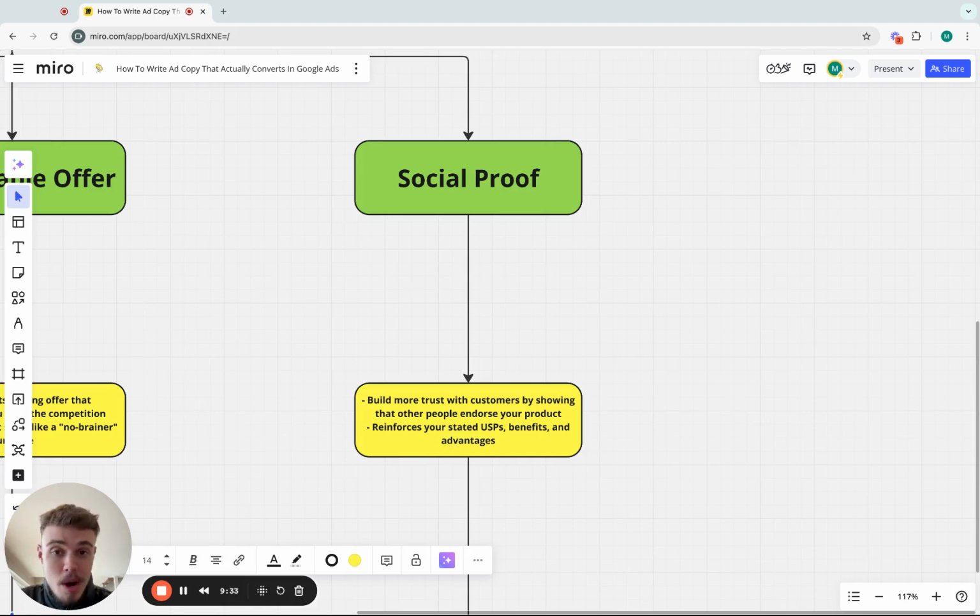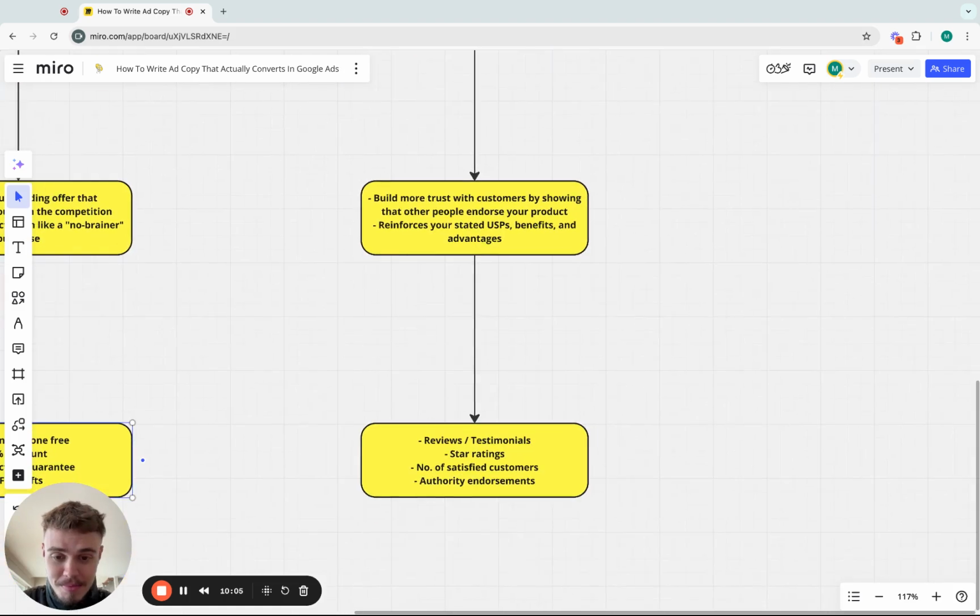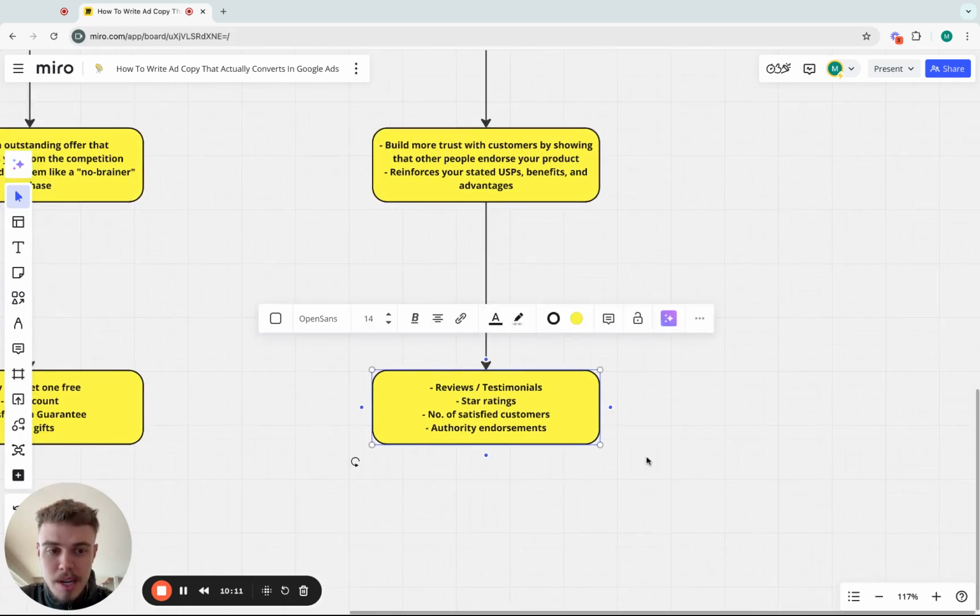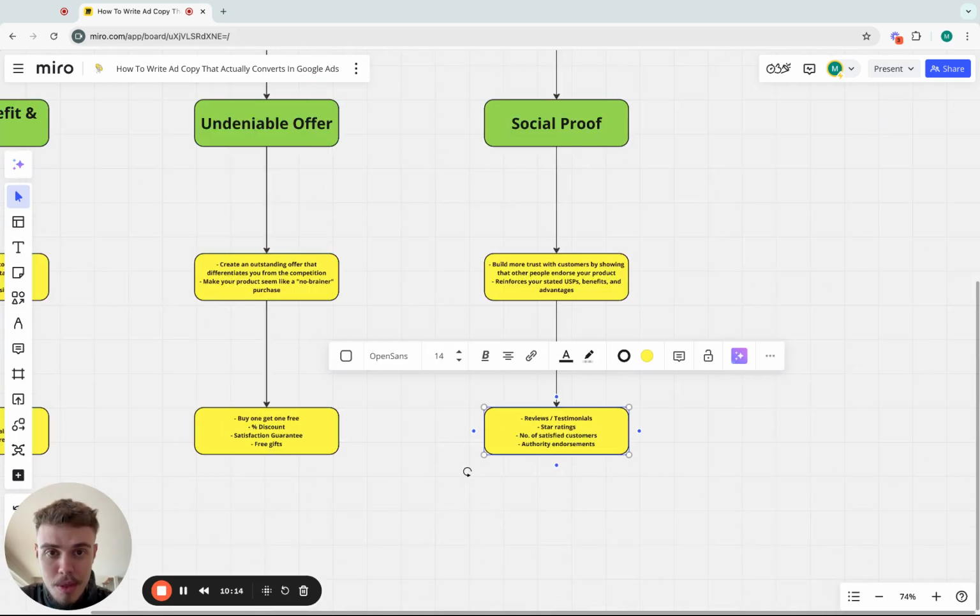So if you are showcasing, for example, reviews within your ad, so it might be like a brief headline with an excerpt from a customer review, it's a very good chance that they'll probably be talking about one of your major benefits. So I don't know, going back to the skincare example, again, it's basic, but I love their sustainability, right? It's a basic example, but having a way to show that other people are really appreciating the benefits and USPs of your brand is going to help reinforce those concepts in their mind. So here are a few examples for you that you can use in your ad copy to increase your CTR and conversion rate with social proof.